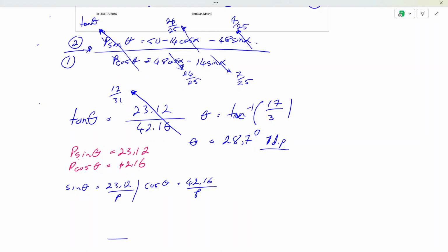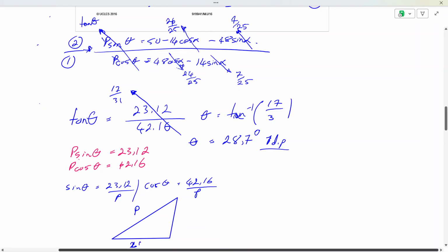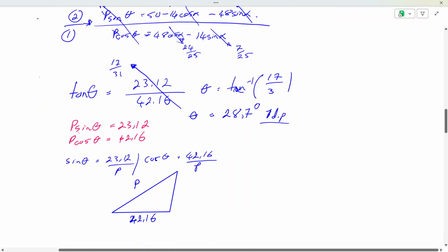Then if I draw the triangle, remember, this is opposite over hypotenuse, and this is adjacent over hypotenuse. So we know that the hypotenuse is P, and the adjacent is 42.16, like that. And the opposite of the theta right there is